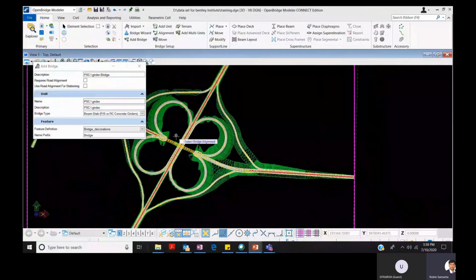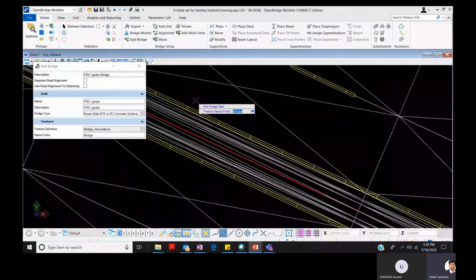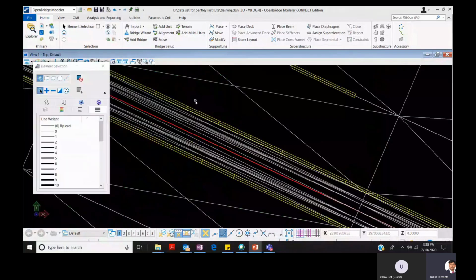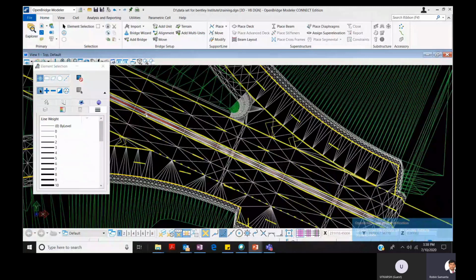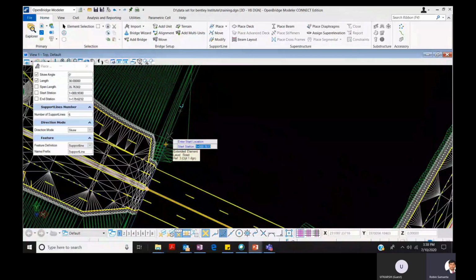And now you can see it is asking to select the alignment, and we are selecting the alignment. Alignment is basically the line where you want to place your bridge. So there are different alignment lines you can see, but we are attaching it to a certain alignment, the straight line, and now we are placing our support lines. So support lines you can actually select graphically, as we have taken consideration of our corridor modeling. So we are placing it graphically, but you can place it as well through the station number.